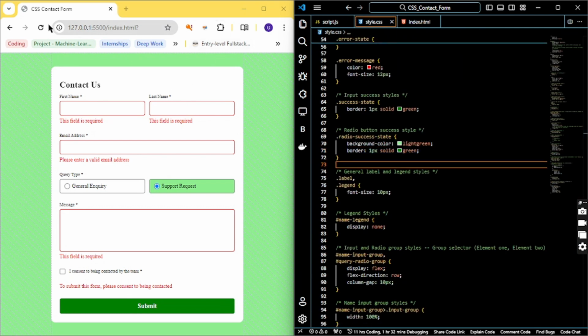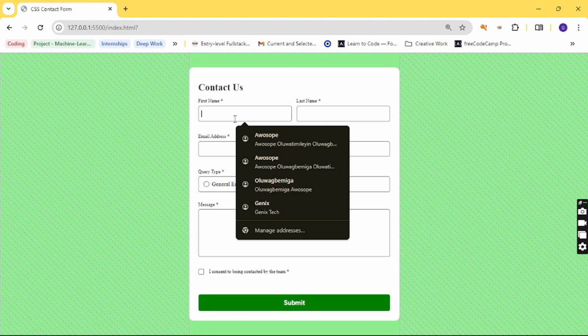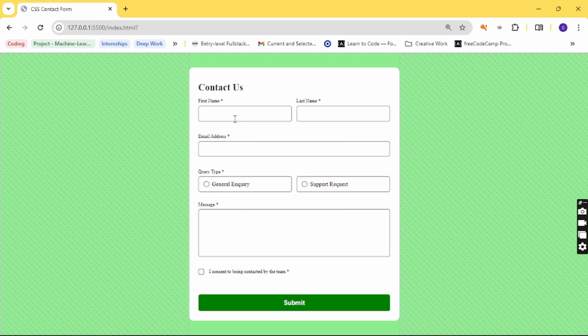So let's refresh this page, put this on full screen, zoom in a little, and then let's fill up this form. First name, let's put GENIX, let's put tech, genixtech@.com.ng. Support request, this is a wrap. And then once we click on submit, it's just showing us the success state of this actually,